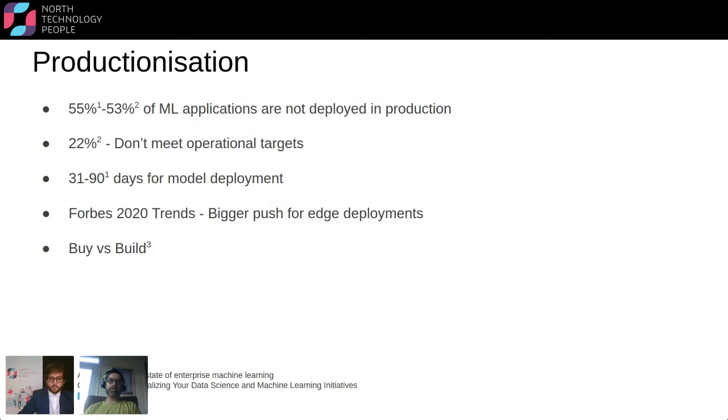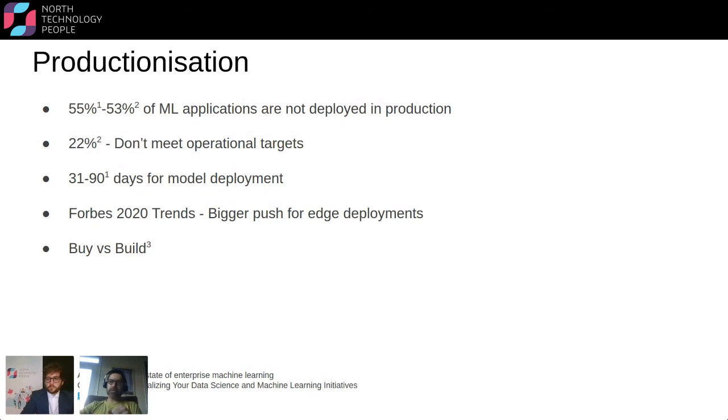As per the survey done by Algorithmia, organizations normally spend between 31 days to 90 days to deploy their model, once they have prepared their model and met their performance requirement. This is a median time frame. Some companies even take more than a year to optimize their model to meet their operational requirements so that they can fit into edge devices. 22% of the companies never meet their operational requirements. They have to go back and develop a smaller model. So this is another big challenge facing the deep learning and machine learning industry.